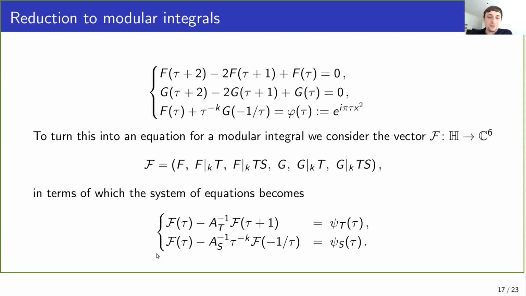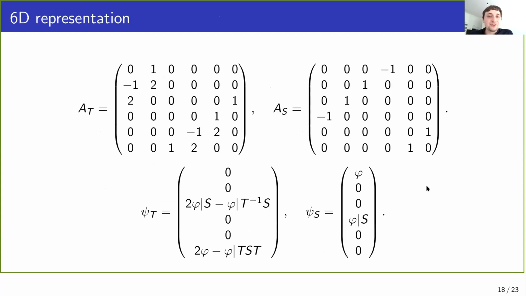So these are equations for a vector valued modular integral for PSL(2,Z), for a certain representation which is given by these two matrices, and I will show you what they look like. And these cocycles again are given by certain